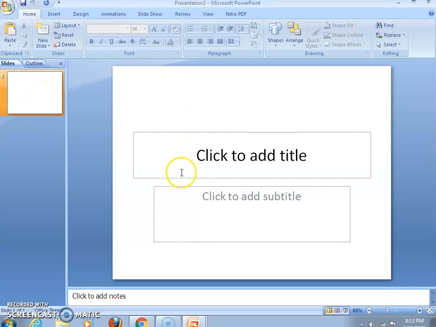Okay, so today we understood that there are 2 methods of inserting a blank slide in the presentation. The first one is the Slides group on the Home tab using the New Slide button, and the second method is the shortcut key Control plus M. And there are 2 methods of creating a presentation or a file: by using the Office button New option and by using the shortcut key Control plus N.